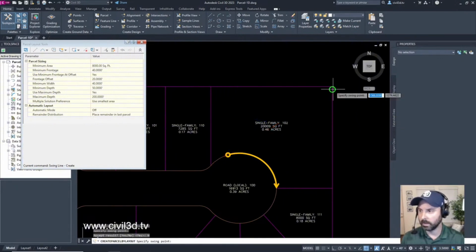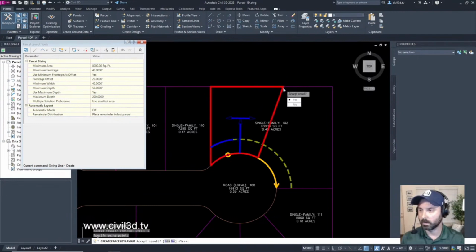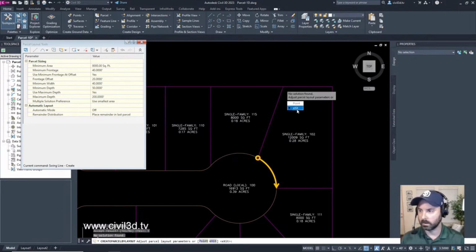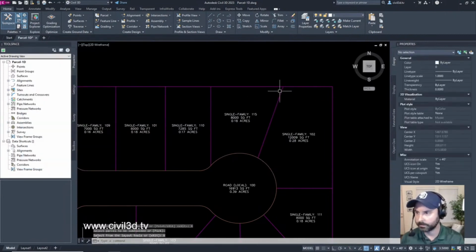Nope, don't like that. What about here? Nope. What about here? I kind of like that result. That's a good result. If I select yes, then I can exit out of the command.